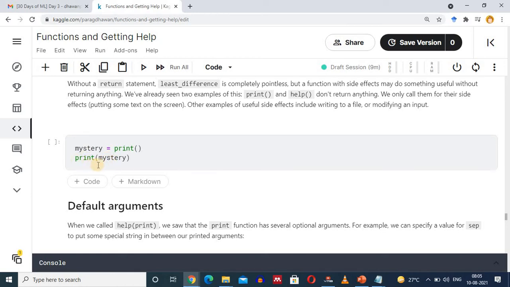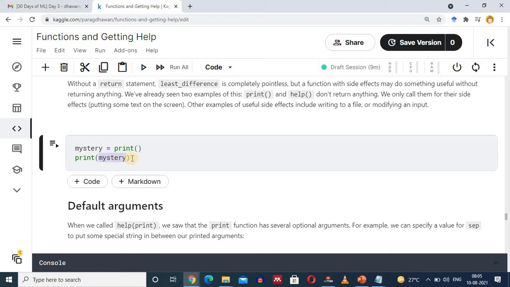We are printing inside the print function, and again we are calling the print function. The second print function does not have any argument. If the print function does not have any argument, it will return nothing. So None will be replaced at this point, and we are printing None on the user screen.